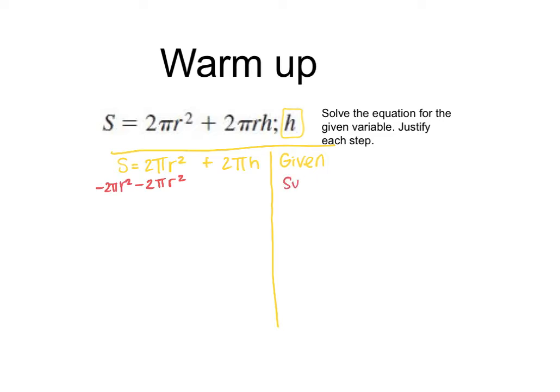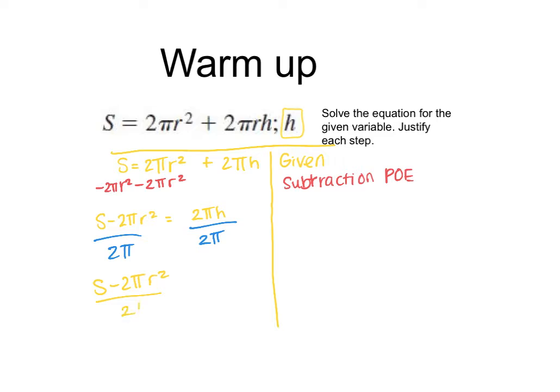And that was the subtraction property of equality. And then from here, we got s minus 2 pi r squared equals 2 pi r h. Divide by 2 pi r, divide by 2 pi r. We end up with s minus 2 pi r squared over 2 pi r equals h. And this was the division property